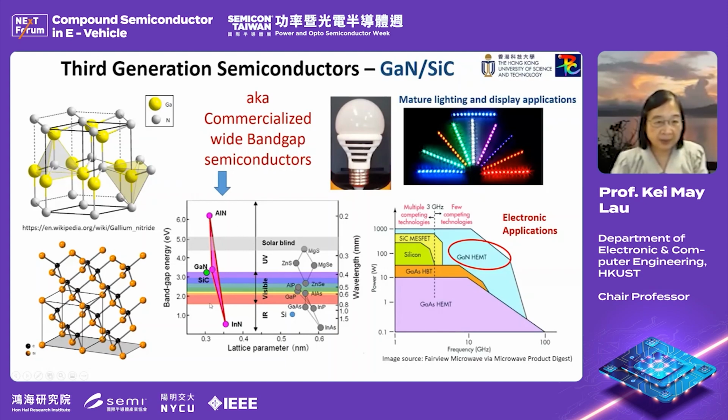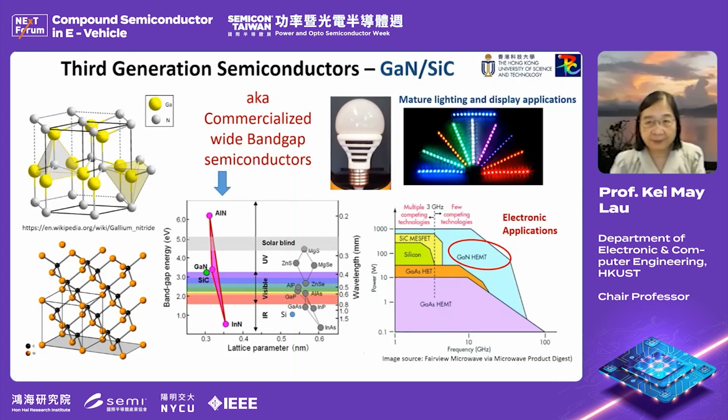As you can see here, these wide bandgaps are over 3 electron volts, and there are also other compounds that are also wide bandgap. And I said these are commercialized wide bandgap semiconductors, the materials that the industry is using